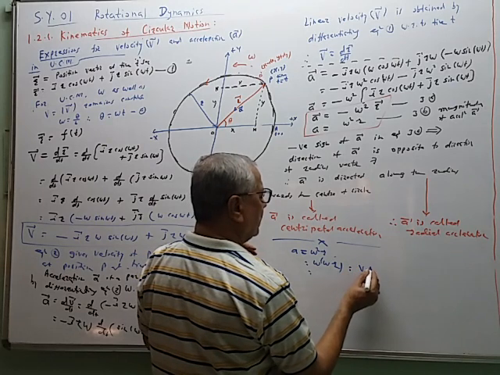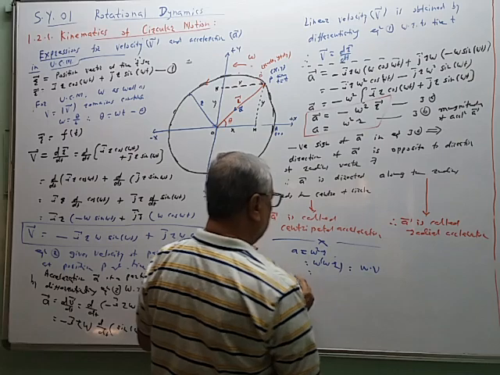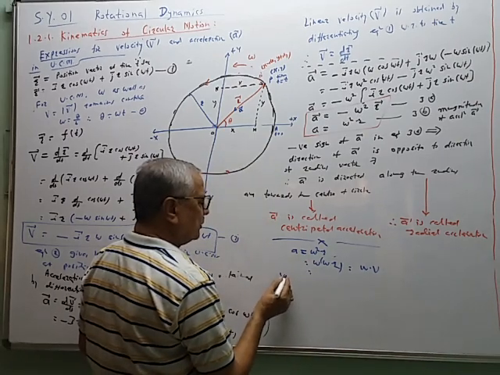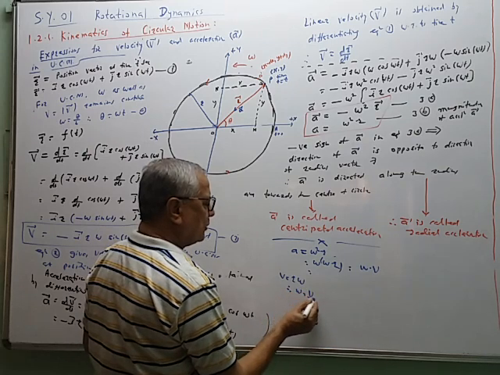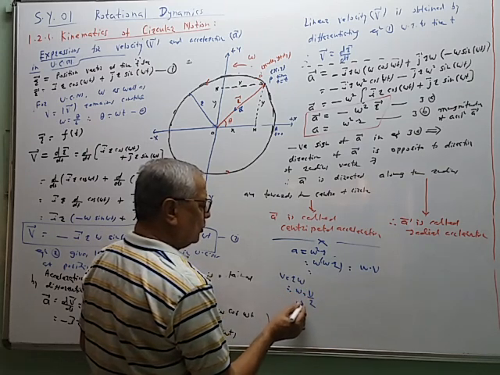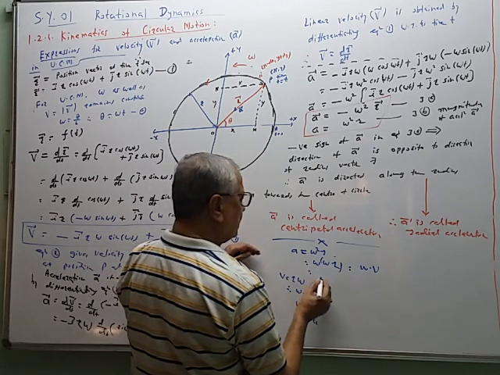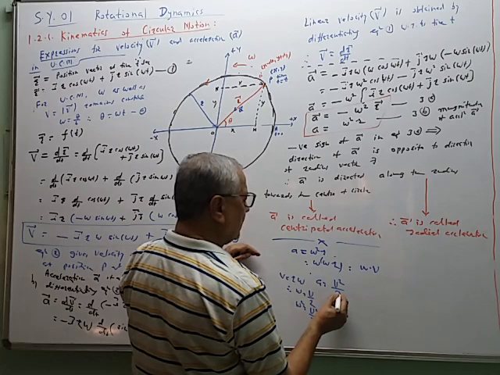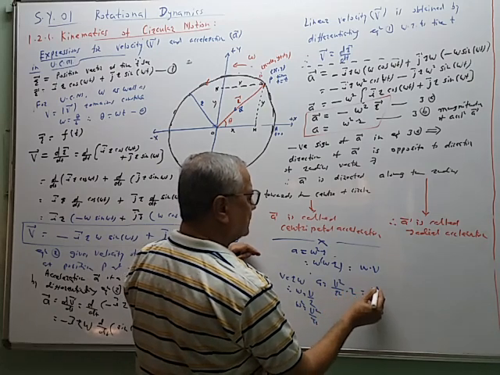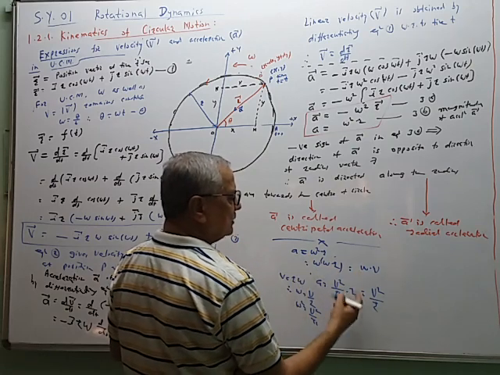So this is one more relation. A is equal to v into omega. Now v is equal to r omega. Therefore omega is equal to v upon r. Therefore omega square is equal to v square upon r square. So if we substitute this value here, then A is equal to v square upon r square into r. One r will get cancelled. So this is one form, this is another form, this is the third form.